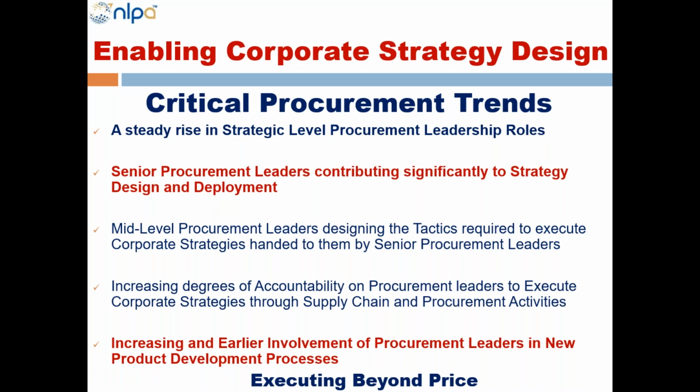So, a very important requirement. And we see also, as I mentioned before, because of the steady, significant increase of strategic level procurement leaders, this has also impacted the product development processes. And so we see the modern procurement function. There's a requirement of early input into new product development, and an increase in enabling the decision-making processes around new product development. So this is a very good opportunity for us, but it's becoming a requirement that we involve ourselves in those processes and the decision-making processes, which actually, as I mentioned before, is a benefit to us because it takes us out